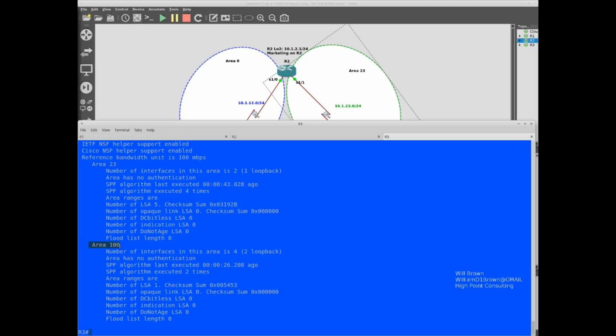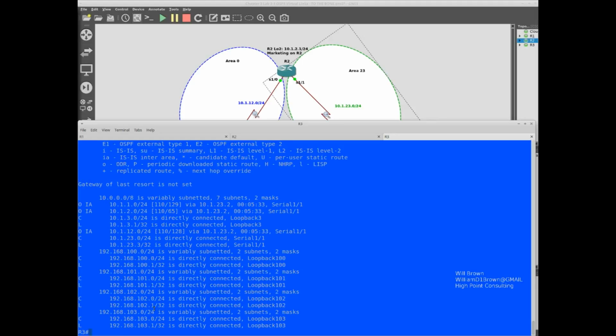We put the loopback interfaces in area 100. And if I do a show IP route, we see again we've got all of these. This is going to be part of our exercise to do a summary, because we don't want all of those showing up as separate entries in the routing table. That's not very efficient.